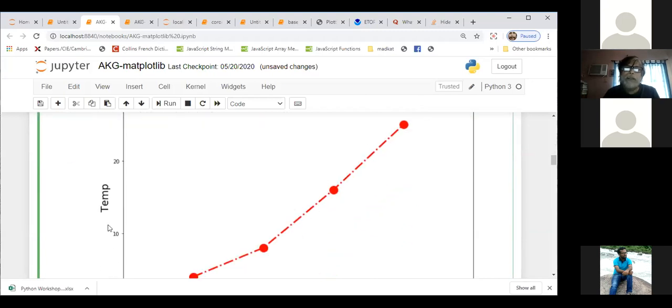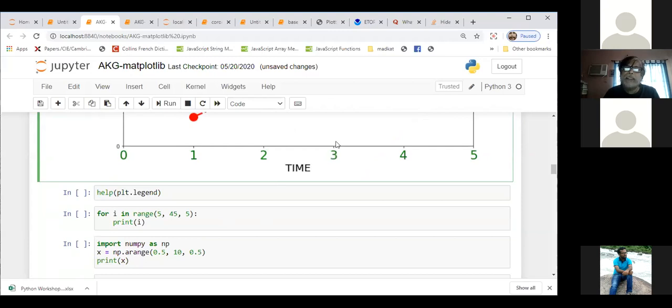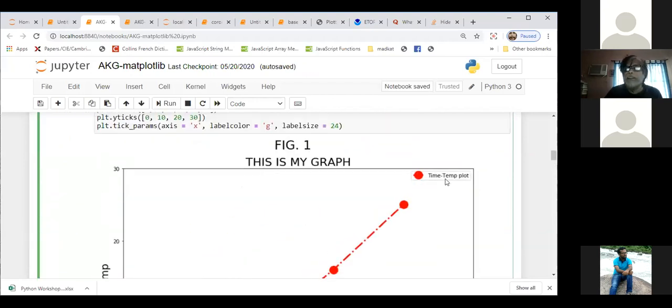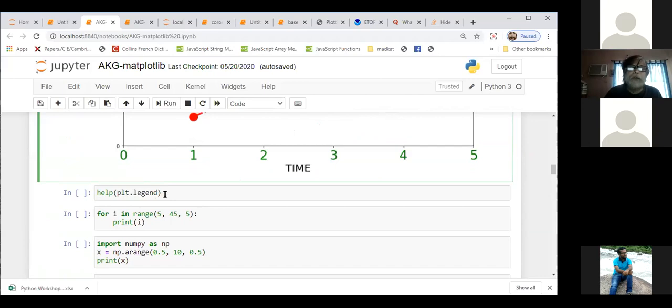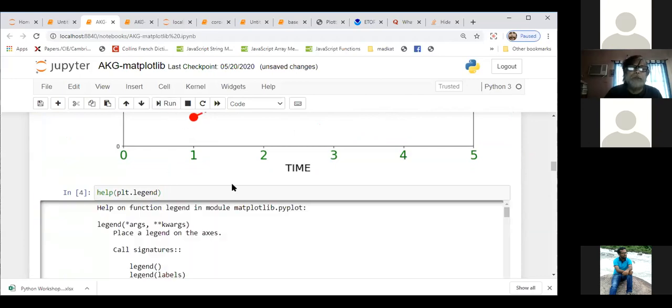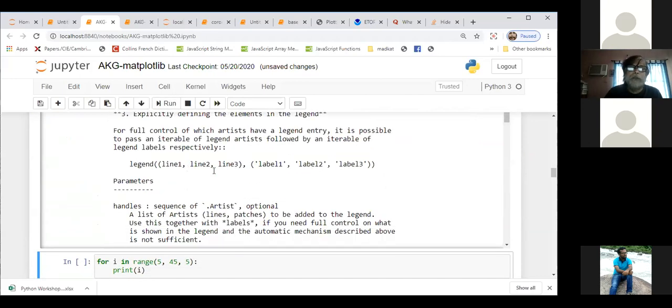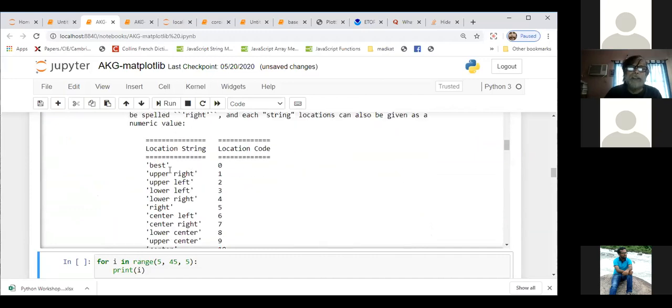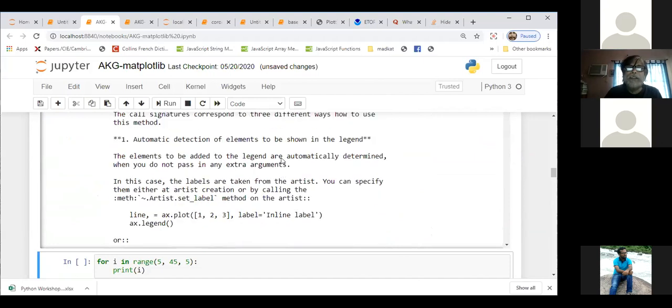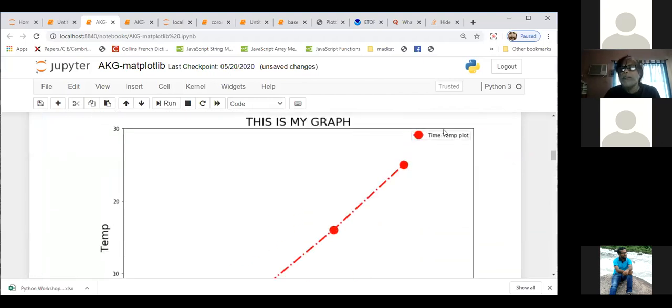So the red and these y-axis, x-axis, ticks, control, everything we did. Okay, and now if you write, for example, what is there in legend? So legend is here. I wanted to show you what is the plt.legend. If you run this, it will show you what is there inside. So I wanted to show you where the positions, the location strings are. That means the legend here is in the right side corner.